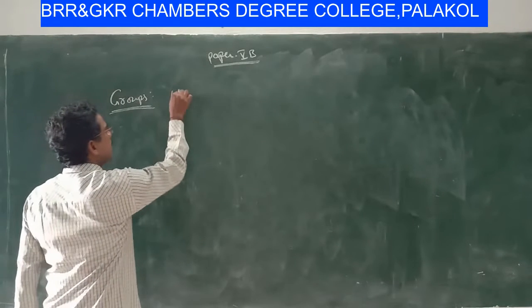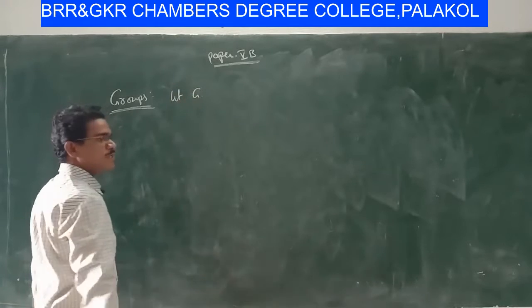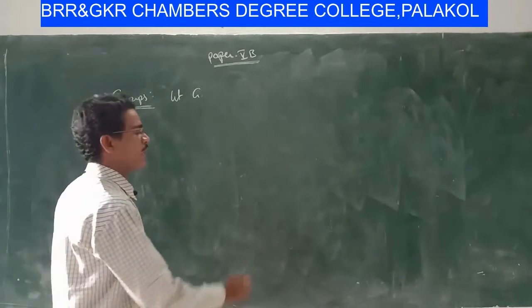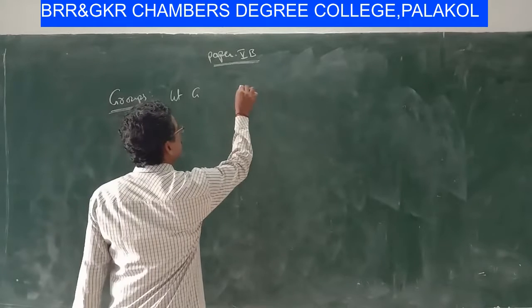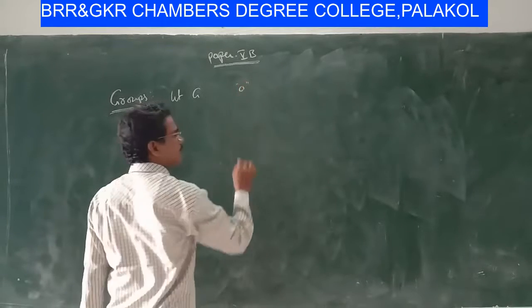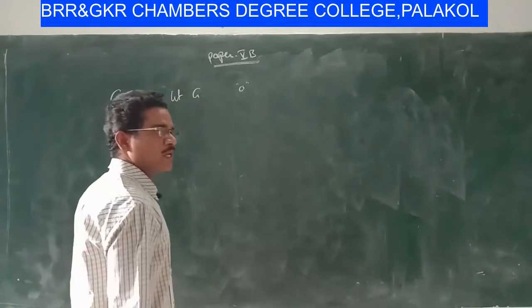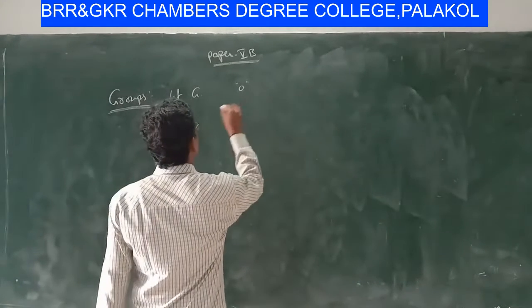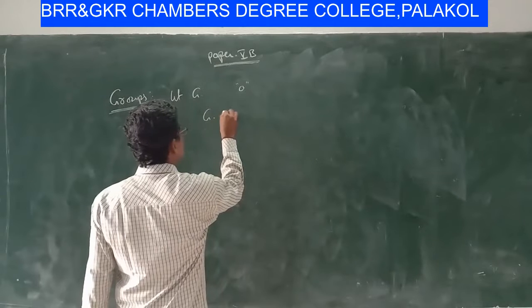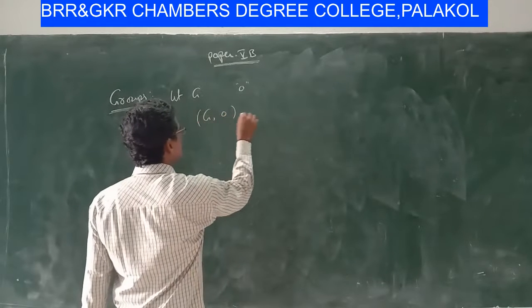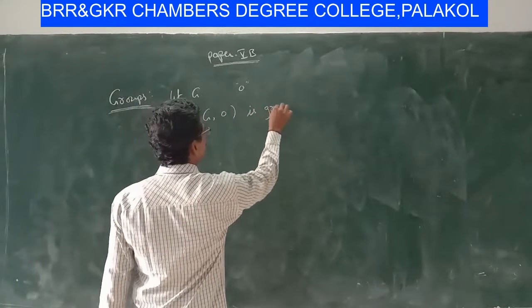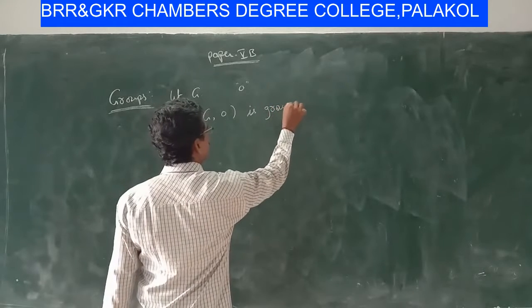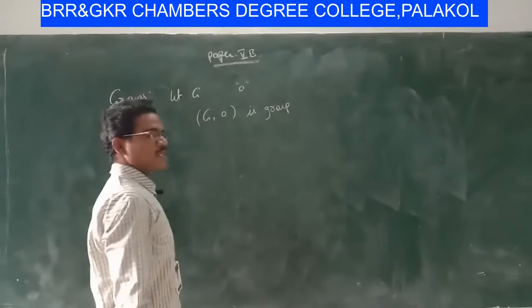Let G be a non-empty set, and circle is a binary operation. Then (G, circle) is a group